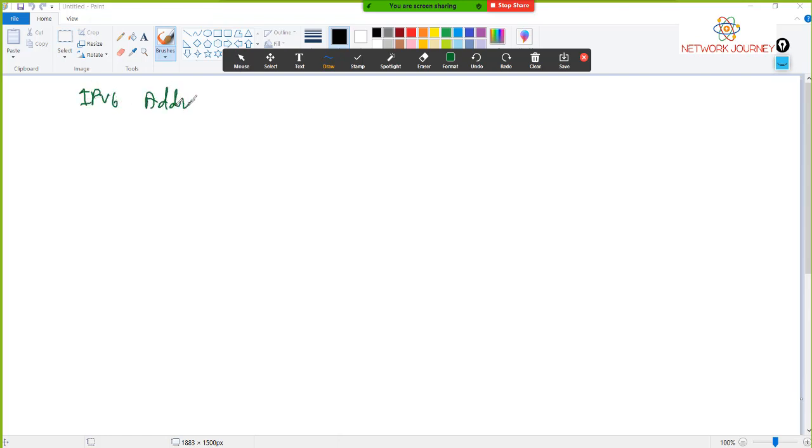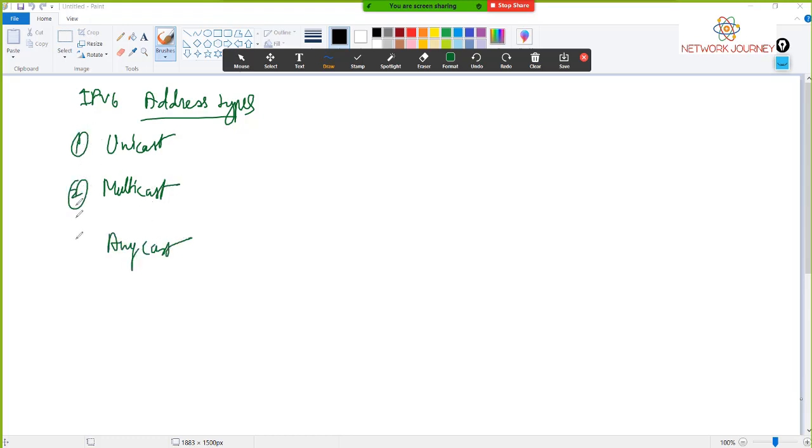Okay, now let's talk about the IPv6 address types, the different IPv6 address types. So I told you the modes of communication, right? So we have unicast, we have multicast, and we have anycast, the three different types. We don't have broadcast in IPv6. Okay, so under unicast we have three flavors. One of them is called global unicast,